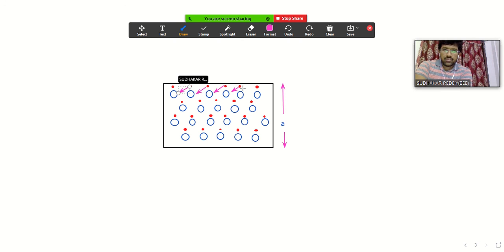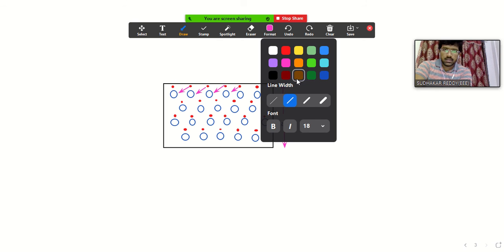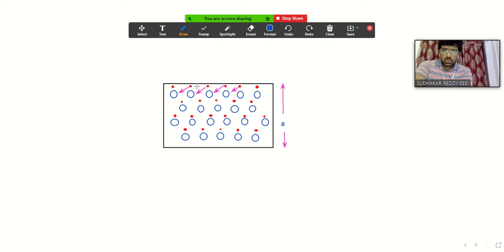Here, if you consider this free electron itself, to reach this end position it has to collide with 4 more atoms. Earlier it was 6 more atoms because the length of the conductor was very high. But here the length of the conductor is less and the cross sectional area is more. So that leads to fewer collisions. I will mention that point also for better understanding. If the cross sectional area increases, the number of collisions is also less.